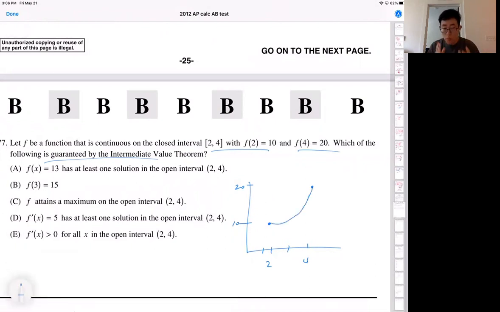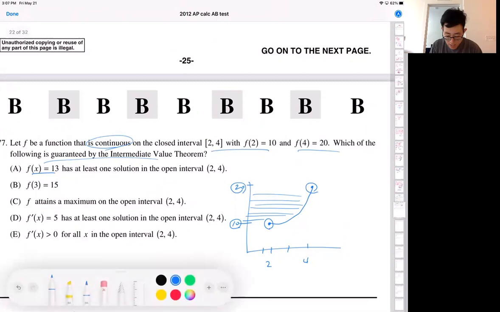But what you want to focus on is that because this is a continuous function, there are no disjointed sections whatsoever. In order for you to go from point A to point B, from 10 to 20, you need to hit all of these values, like 11, 12, 13, 14, 15, all the way up to 20. So for A, when it says f of x equals 13 has at least one solution in